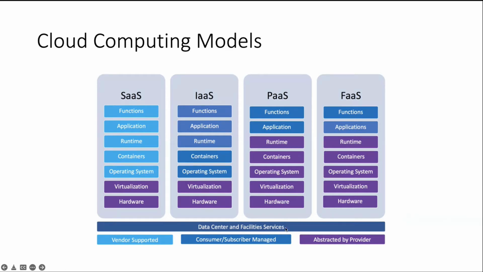I mean to say where your hardware, appliances and other things are kept. Vendor supported, consumer subscription managed or subscriber managed, and then abstracted by provider. So whatever the hardware provider, the objective of the data center is to ensure that it hides the low-level layer and facilitates the end user by providing various different